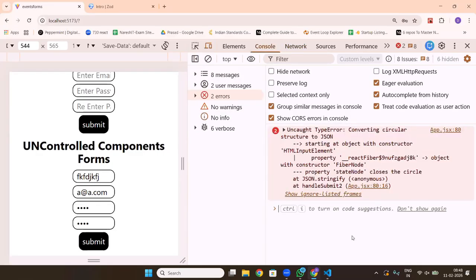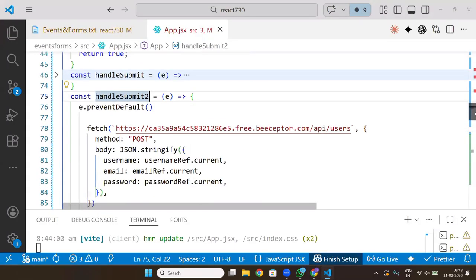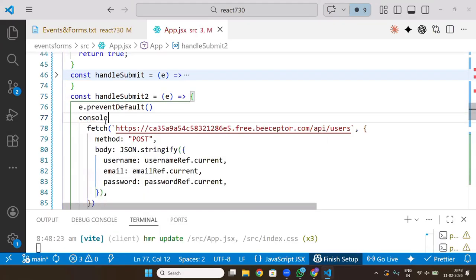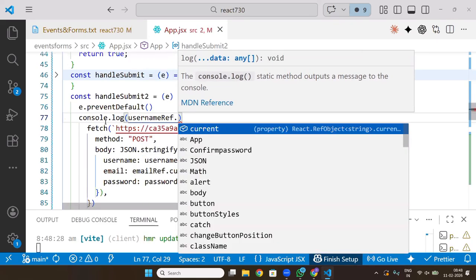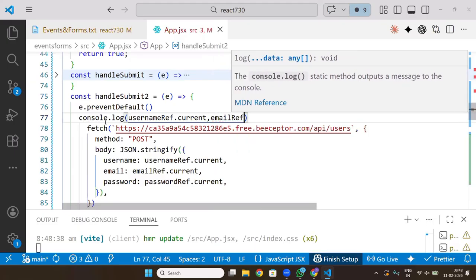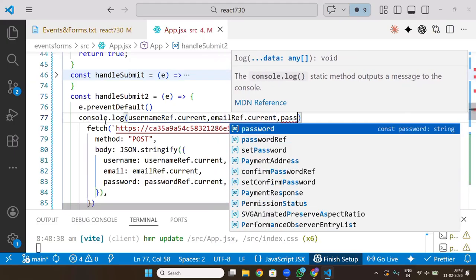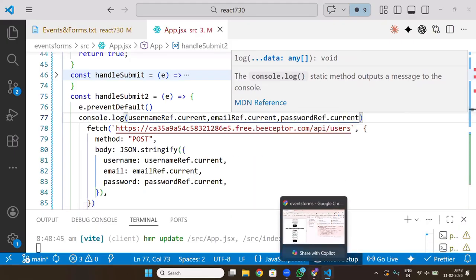Object, fiber node, constructor. console.log username ref dot current, comma email ref dot current, comma password ref dot current. If I go here,